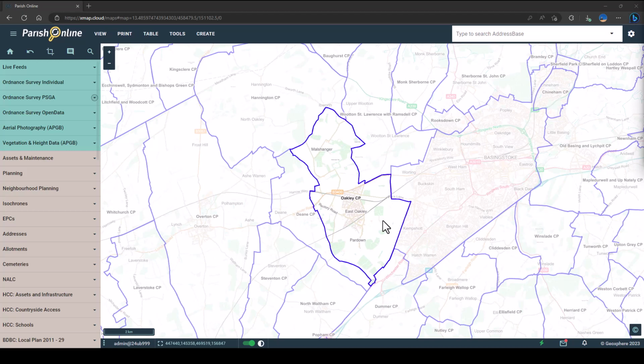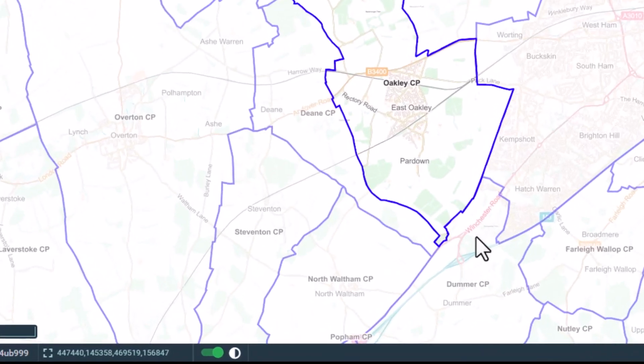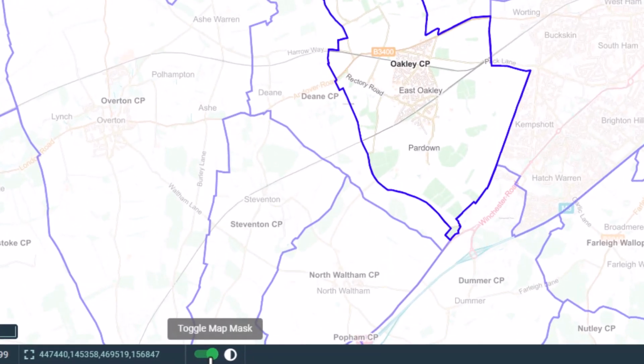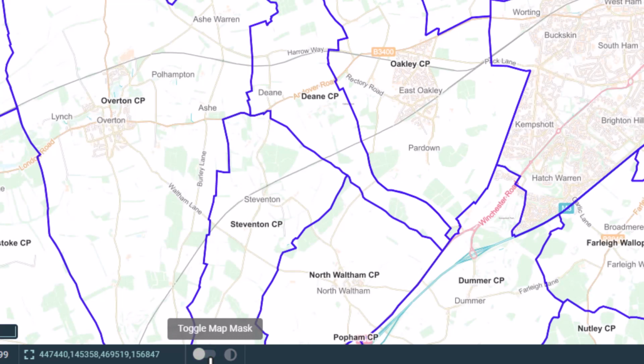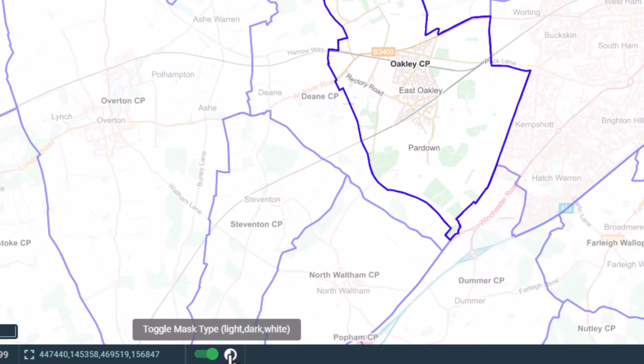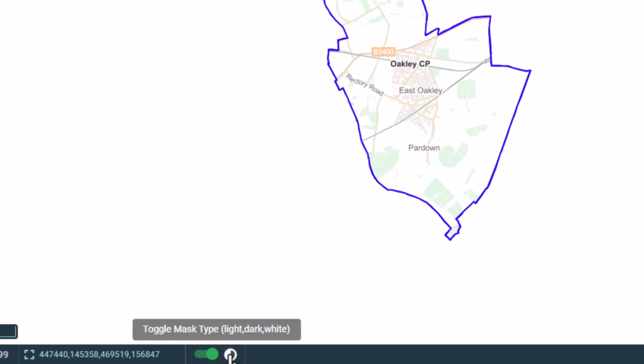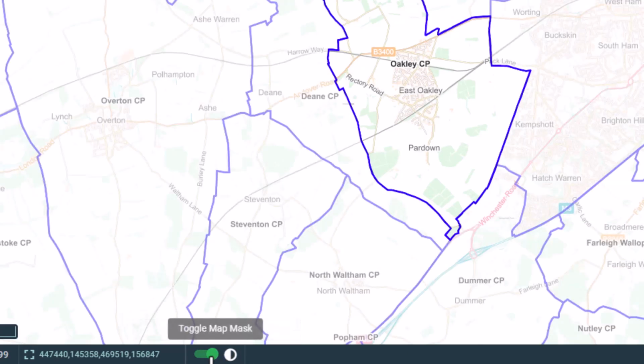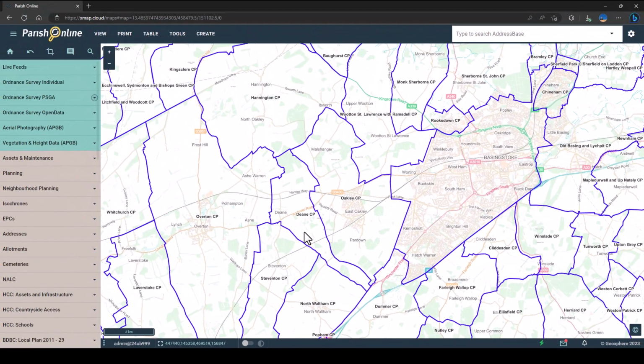Okay, so when you log in, you'll be presented with a map. That's a good start. And you will also have your parish boundary shown in blue. Now you'll notice that the surrounding area of your parish will be slightly faded out. That's just a map mask that we have that focuses on your parish area. Now you can turn that off. To do that, there's a little toggle at the bottom here. And you can toggle it back on. And you can also choose the fading type around your area. It's purely cosmetic and it's actually quite nice for when you come to do printouts, but we'll leave it switched